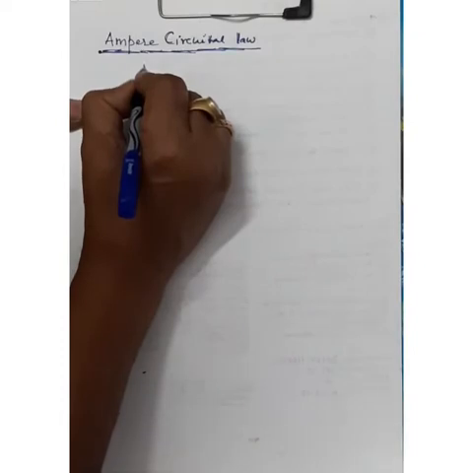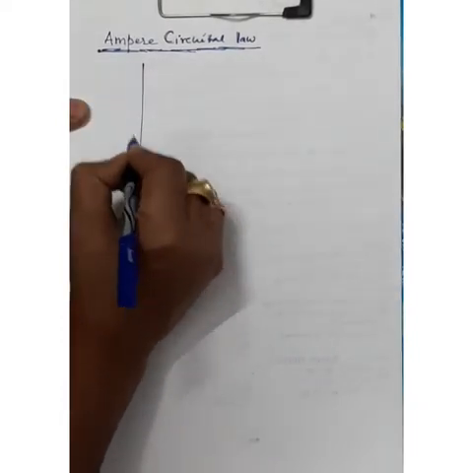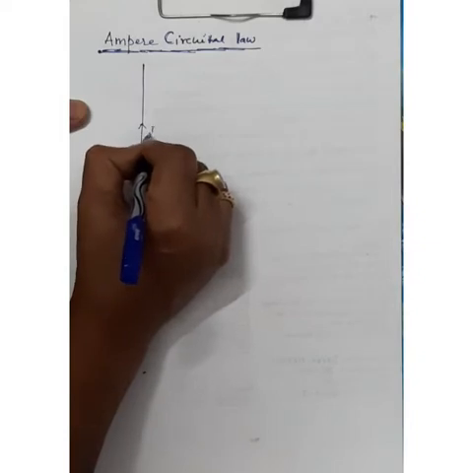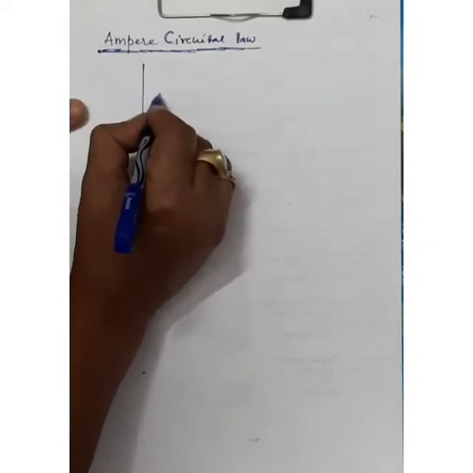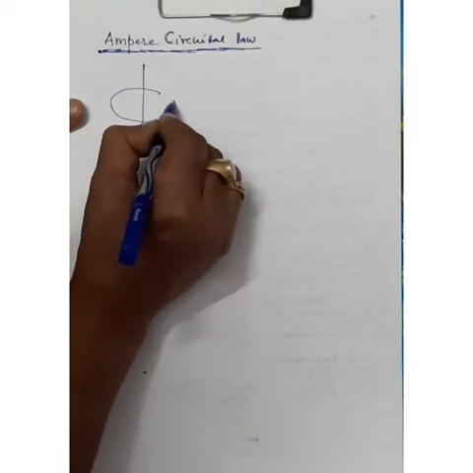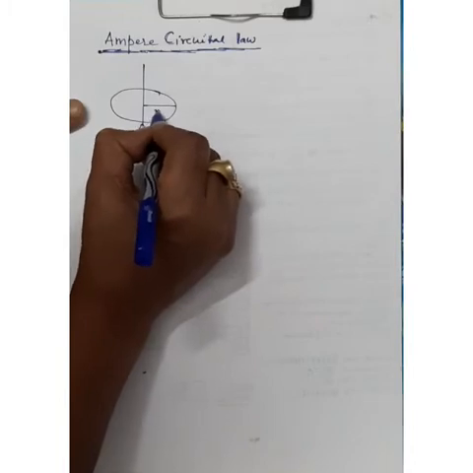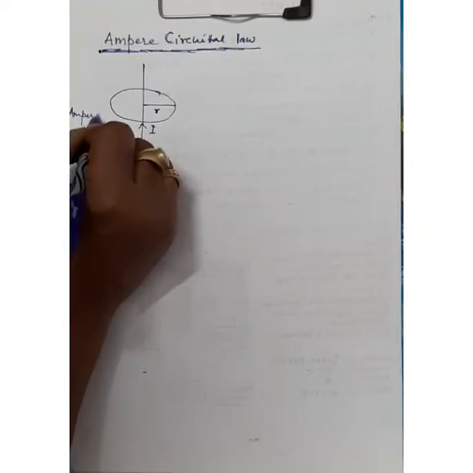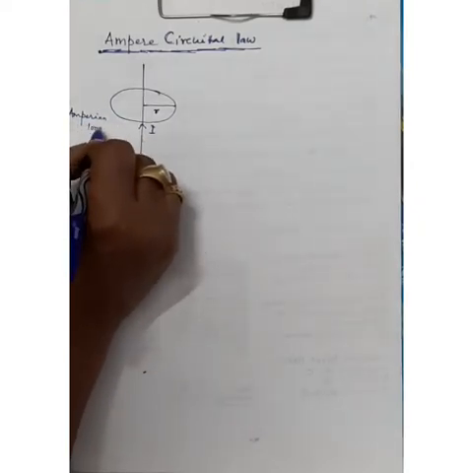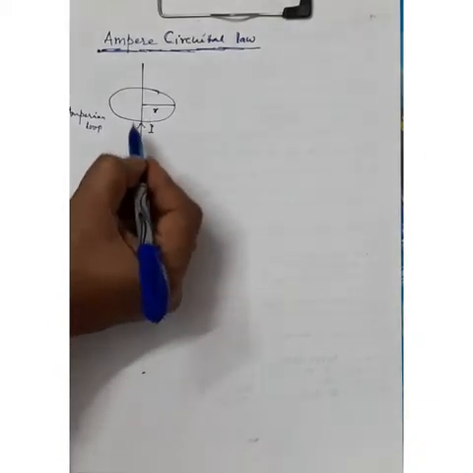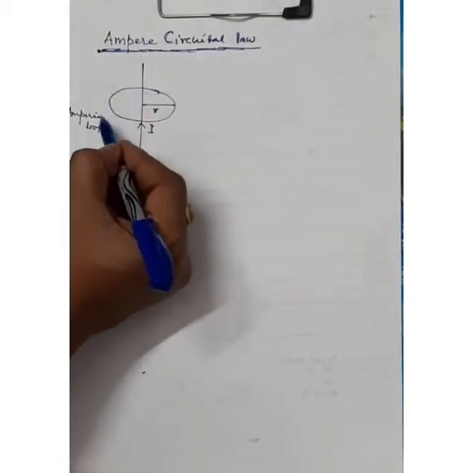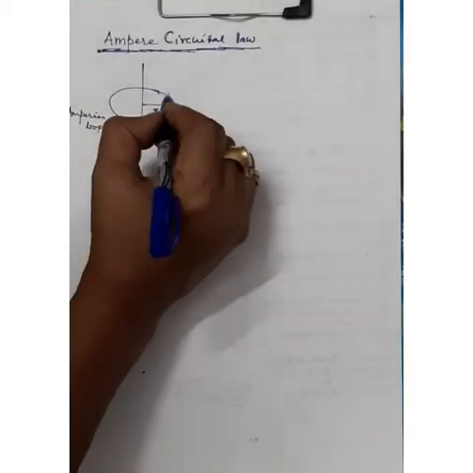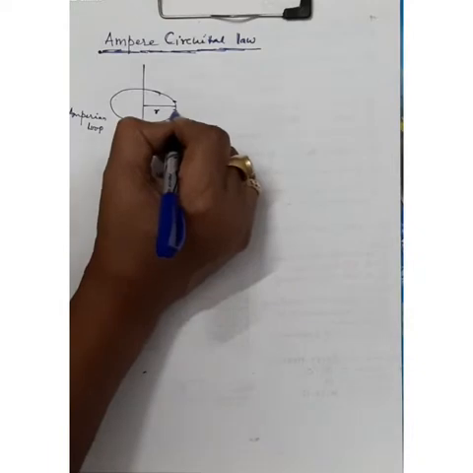Let us understand. If we have a current carrying conductor with current I, and if it is enclosed by a loop of radius r, this is called an Amperian loop. So if a current carrying conductor is enclosed by an Amperian loop in which we take a small element dl,